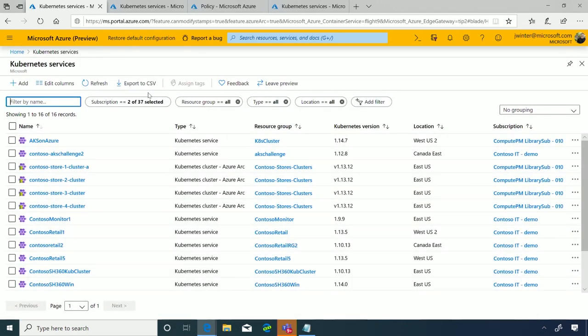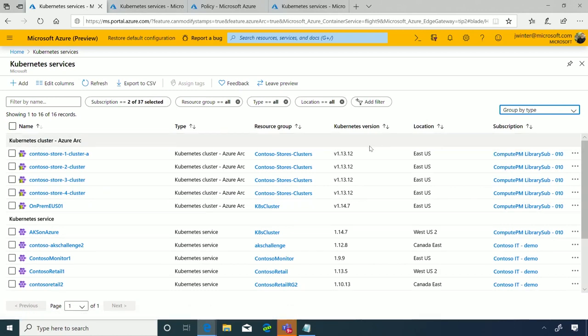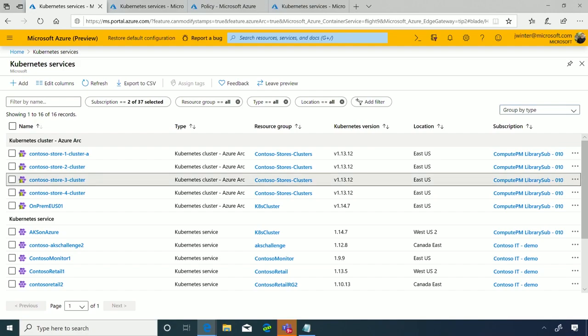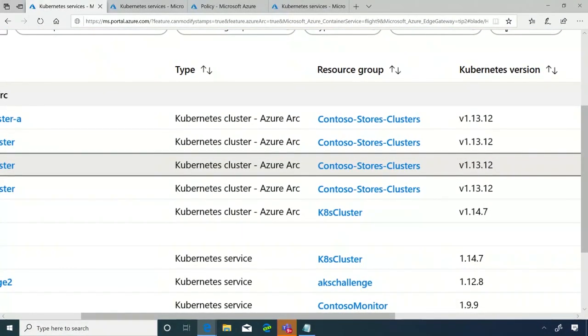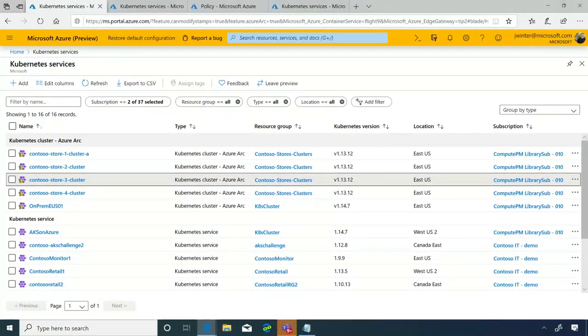And what we've done inside the Kubernetes service is really just made this. We're going to group by type. Yeah, let's just do that so we can make it easier. So here, just like we did with all resources, now I can see my Kubernetes all in there. They've been arced, so these are Kubernetes environments running wherever. In the retail scenario, they're running in the stores. We've had some conversations with the auto side of being able to connect, start to bring in some of the auto components that are talking with the automobiles built into the Kubernetes side. So this really allows you to bring those resources in.